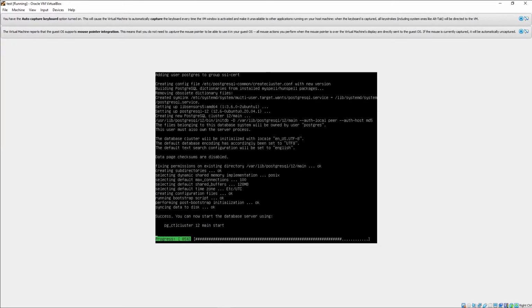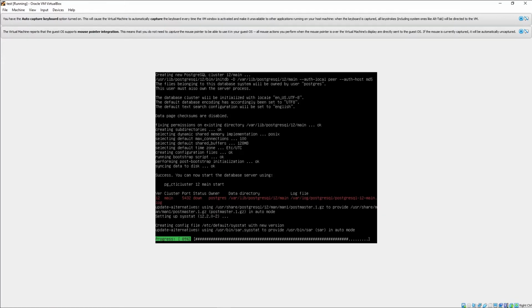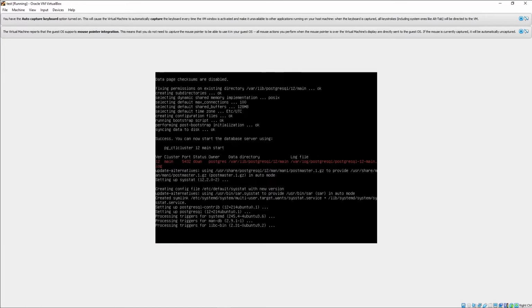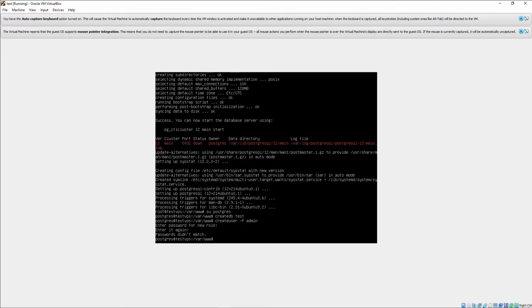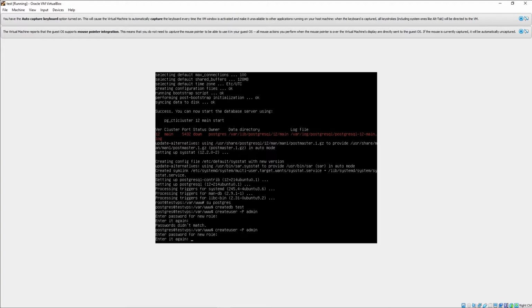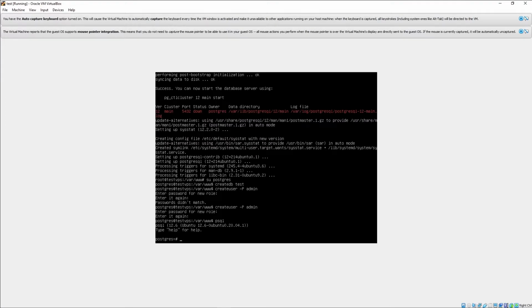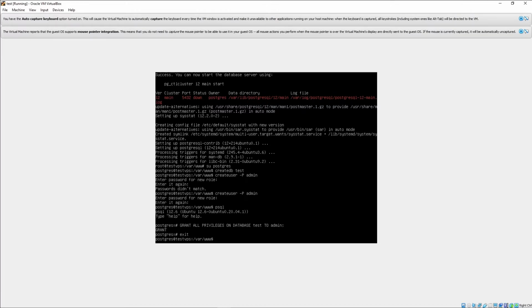And I'm going to go ahead and set up my database and database user as well. So what I'll do is su to switch user to postgres, and we'll do createdb test and createuser -P admin and pass. And then we'll do psql to enter our SQL terminal, and we'll do grant all privileges on database test to admin, and then exit. Now we'll su back to root,